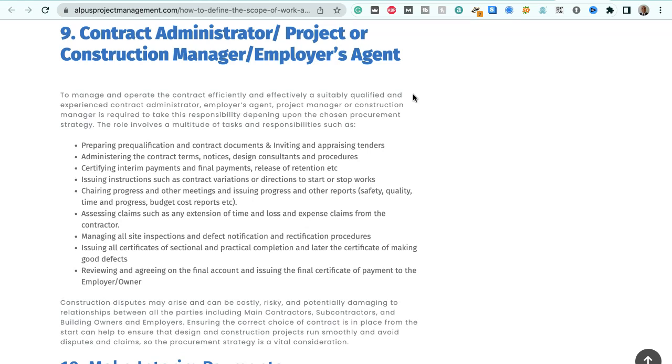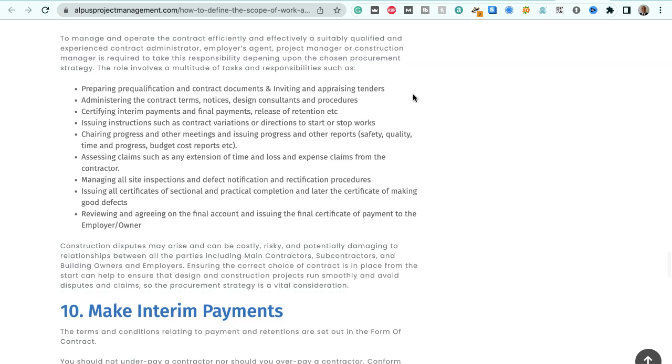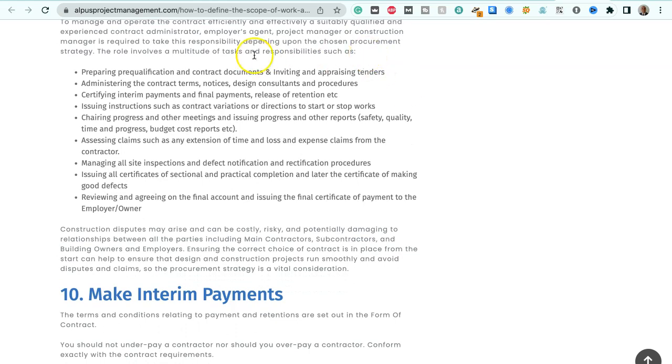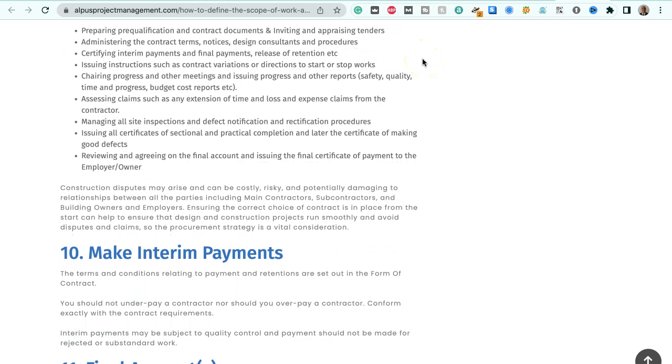Contract administrator, project or construction manager, employer's agent. To manage and operate the contracts efficiently and effectively, a suitably qualified and experienced contract administrator, employer's agent, project manager or construction manager is required to take responsibility depending on the chosen procurement strategy. The role involves a multitude of tasks and responsibilities such as preparing pre-qualification and contract documents and inviting and appraising tenders, administering the contract terms, notices, design, consultants and procedures, certifying